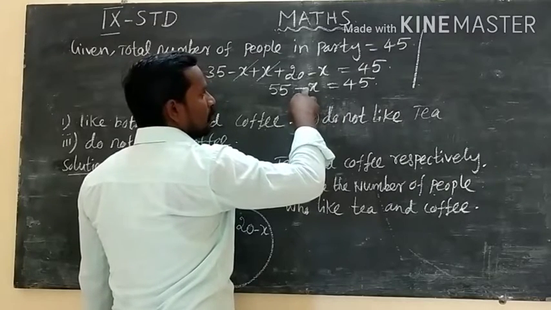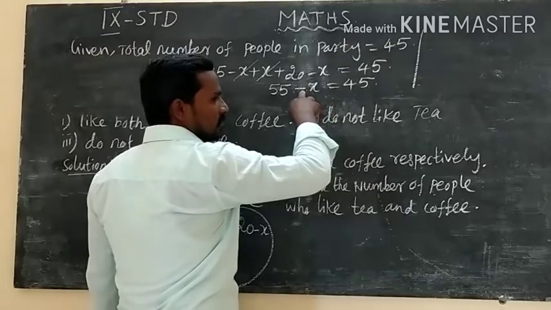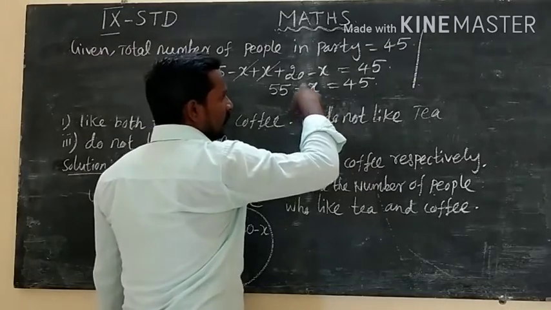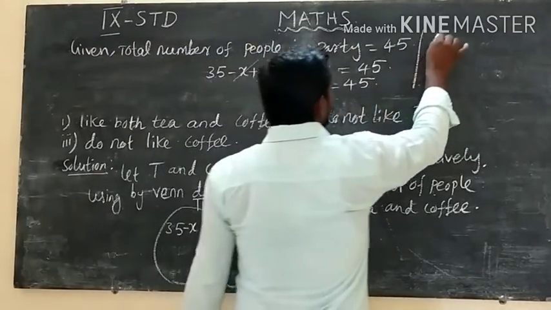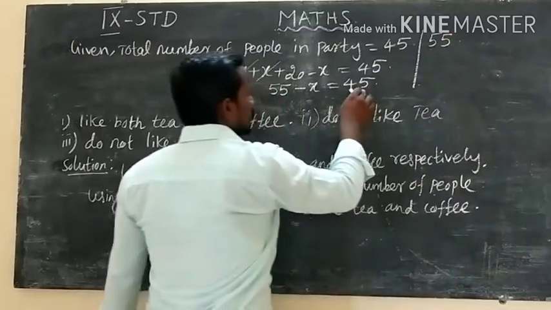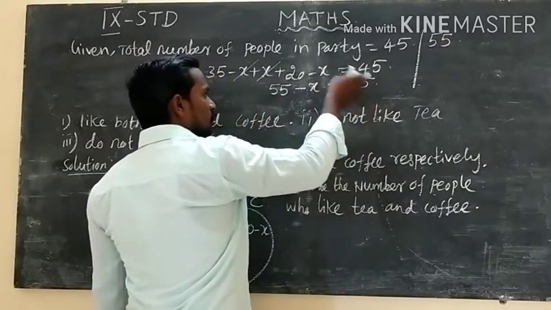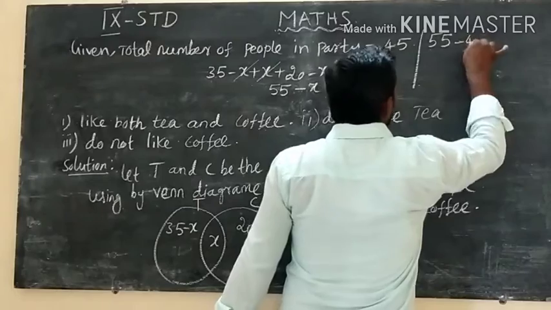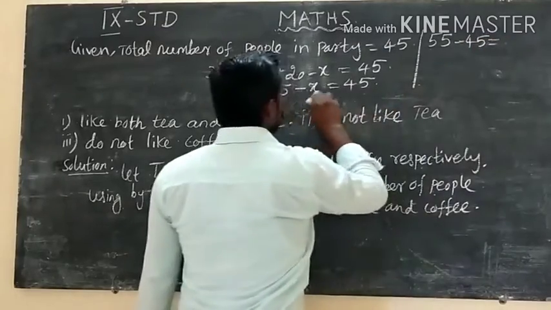We want to find the positive value. So we get plus X on the right side, and 55 as well as the number transferred to the left side, we get minus 45, which is equal to plus